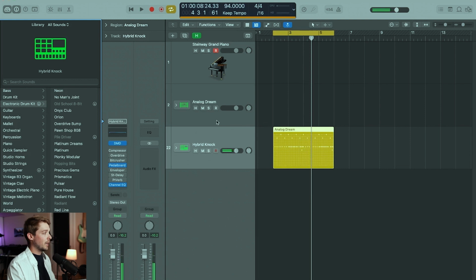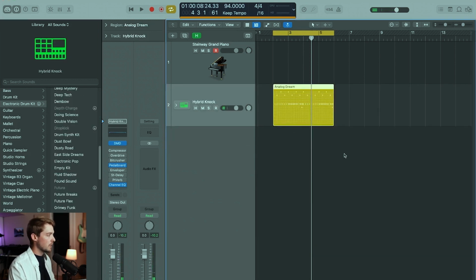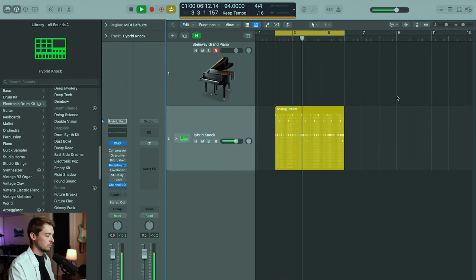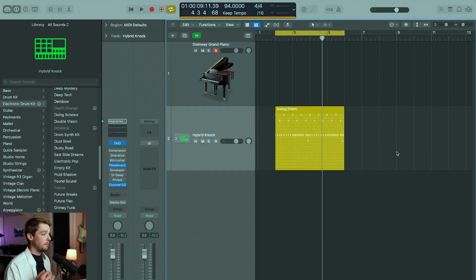Cool. I really like the way hybrid knock sounds, so I'm going to roll with that. I'm going to delete that first track by clicking on it and clicking on delete. Perfect. Now we have a base for our song that we can work on. For this tutorial, we've just explored the pattern designer, but now let me show you how to make a beat